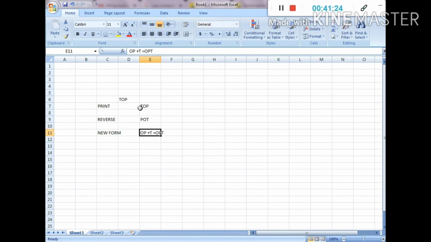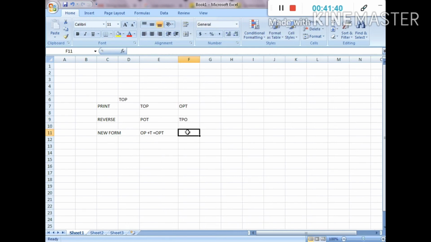Next I again print OPT, the reverse will be TPO, the new form will be POT. In that section I use